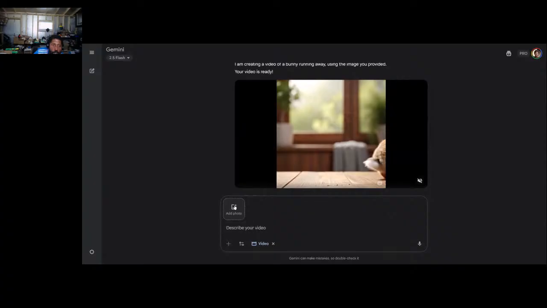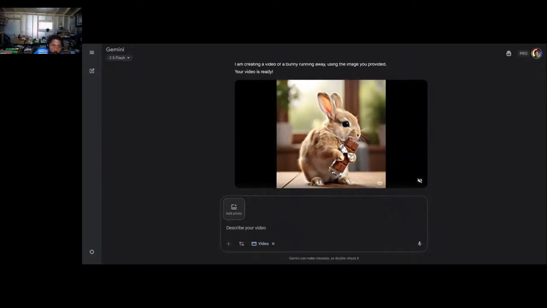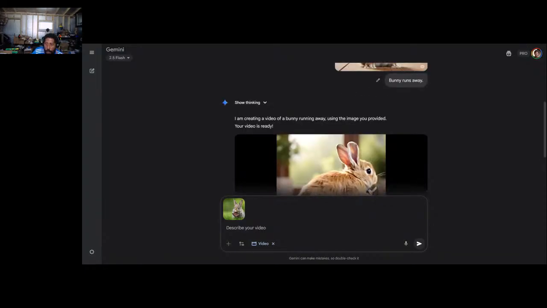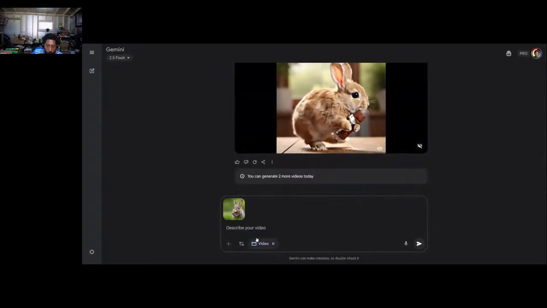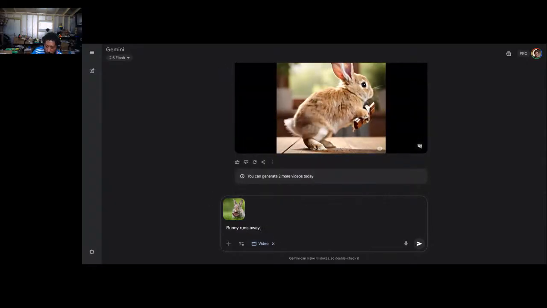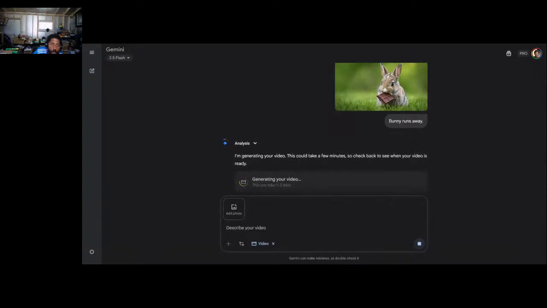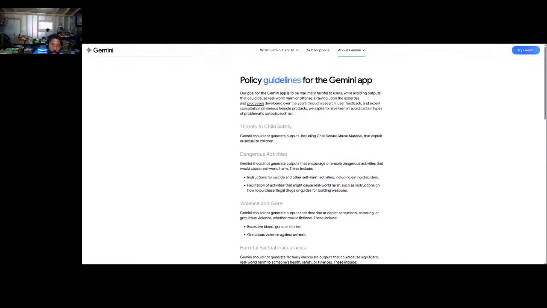Neither here nor there. Let me try the one that I just downloaded from their site. So there's that. And let me try again, bunny runs away, because I can't get it to work with my own image, apparently. All right, cool. Let's try that. And so I'm not exactly sure. Now, the page that it showed me, the link that it provided me, it showed me this.